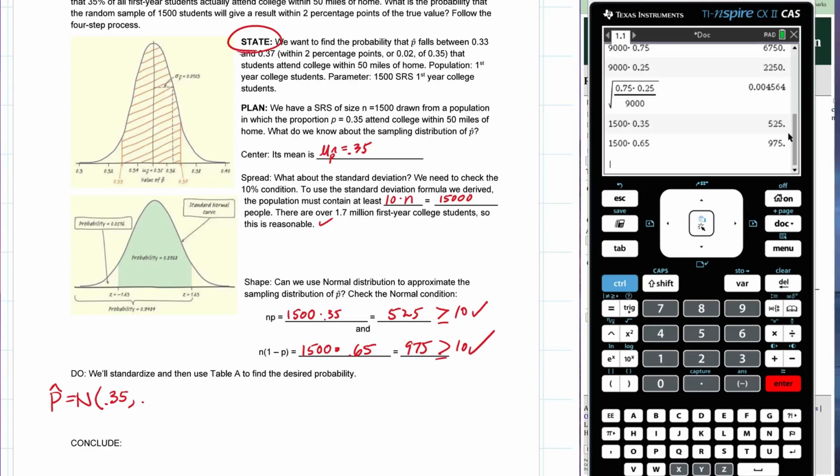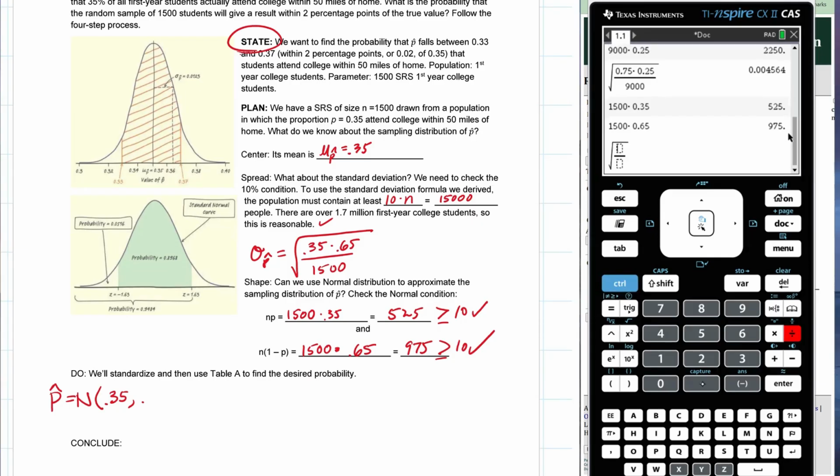Oh, we forgot to calculate the standard deviation. Standard deviation of P hat for this situation is the square root of 0.35 times 0.65 over 1500. Square root of 0.35 times 0.65 all over 1500. And that is 0.0123. Great. So if we know that this is true,